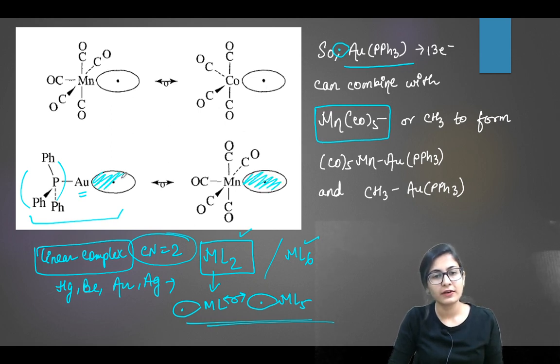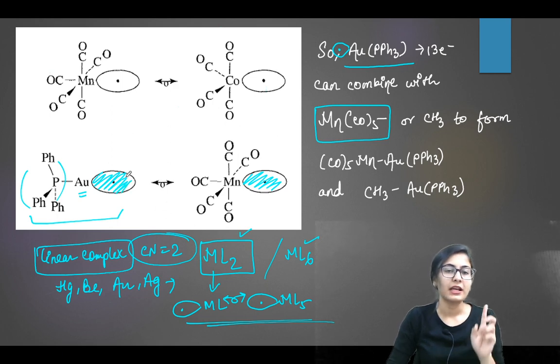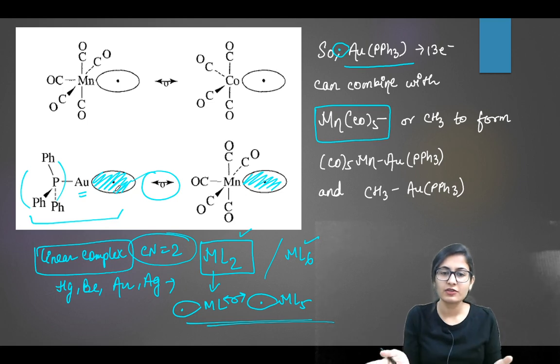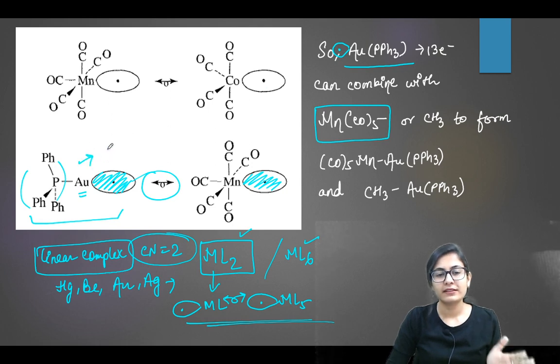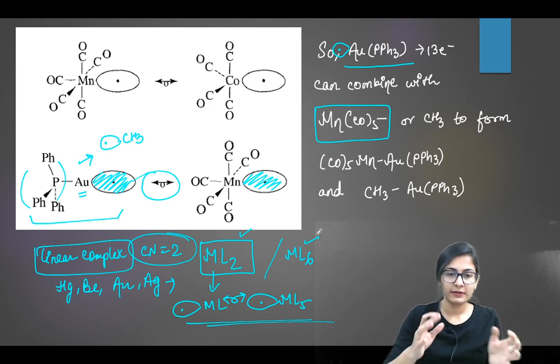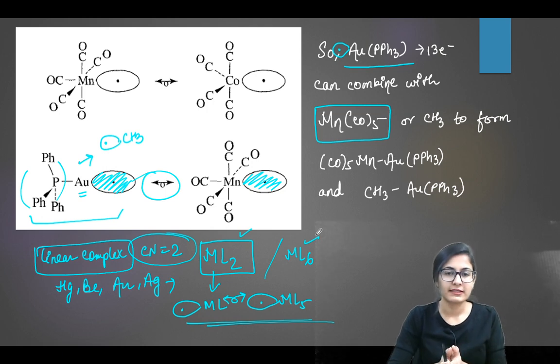So based on the frontier molecular orbital concept, both of these are isolobal to each other even though they are in different geometries, based on the number of orbitals. So I can say that this gold complex is still isolobal to the CH3 fragment because it is also bringing only one orbital. So if I am forming a complex, in that complex I can replace any of these fragments with each other.